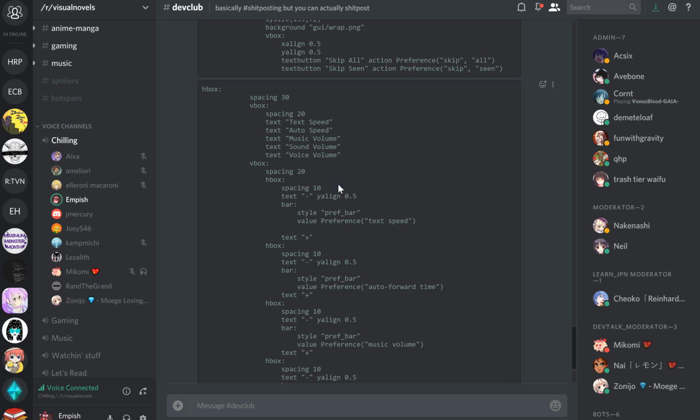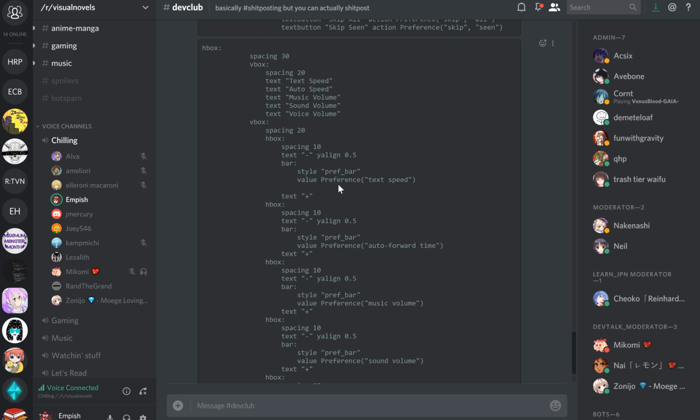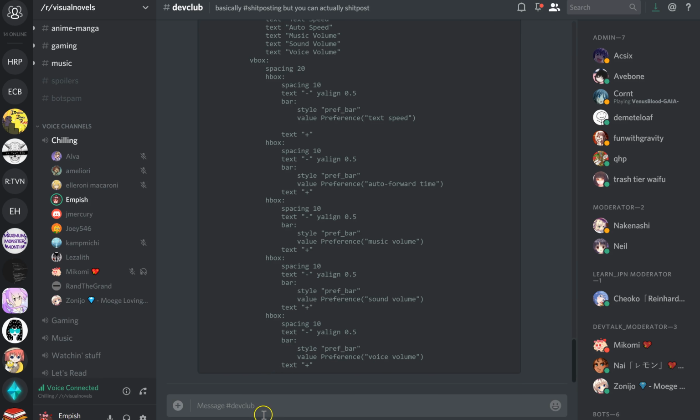But if you wanted to have it increment or decrement the bar, you would basically look up the equivalent preferences and so forth. So for the text speed, for example, you would have your action for your minus be set field. I'm typing this out right now. You'd have it be set field preferences, and it's called text CPS, characters per second,